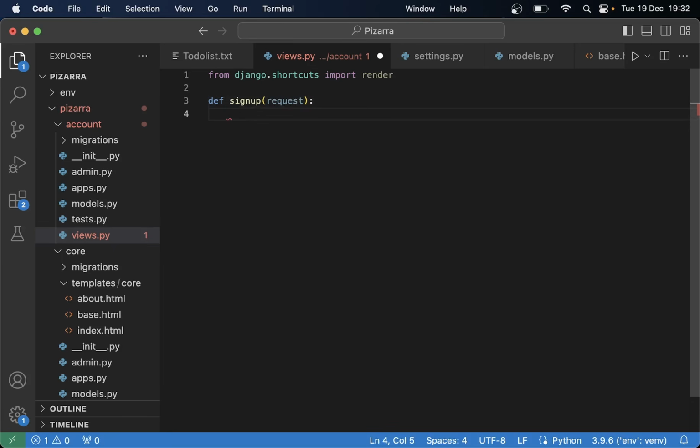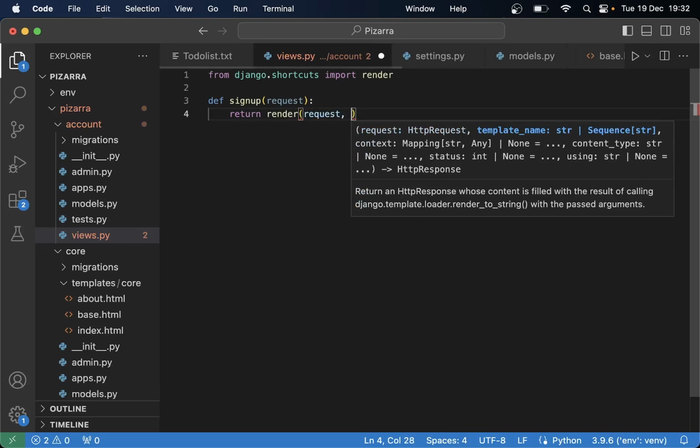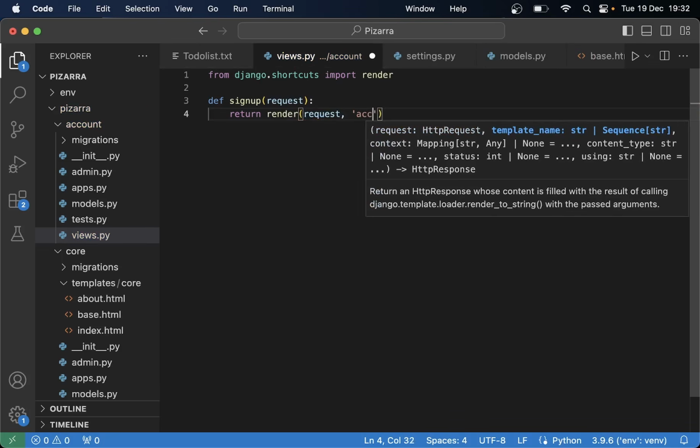But before I go down that route, I can just return render, pass in the request parameter, and set the template to be account/signup.html